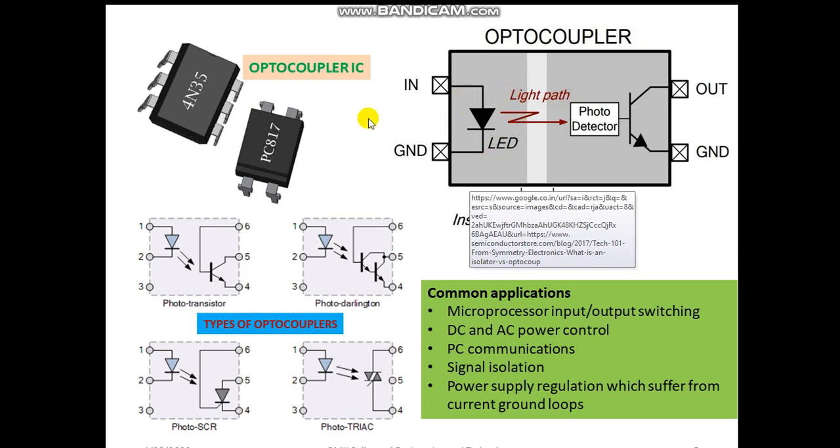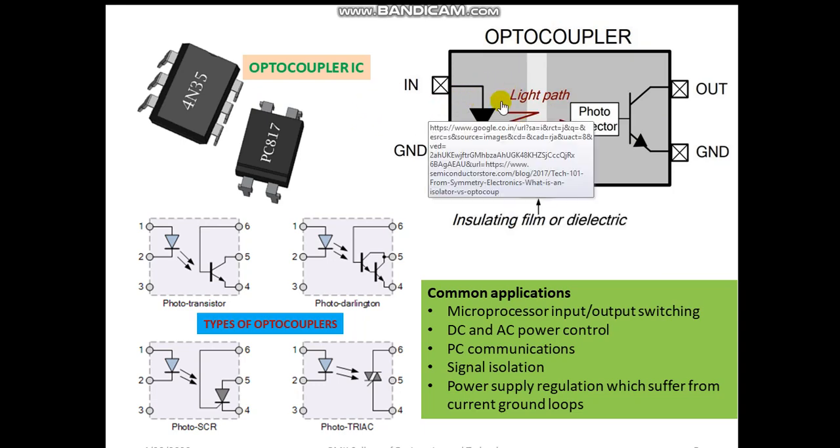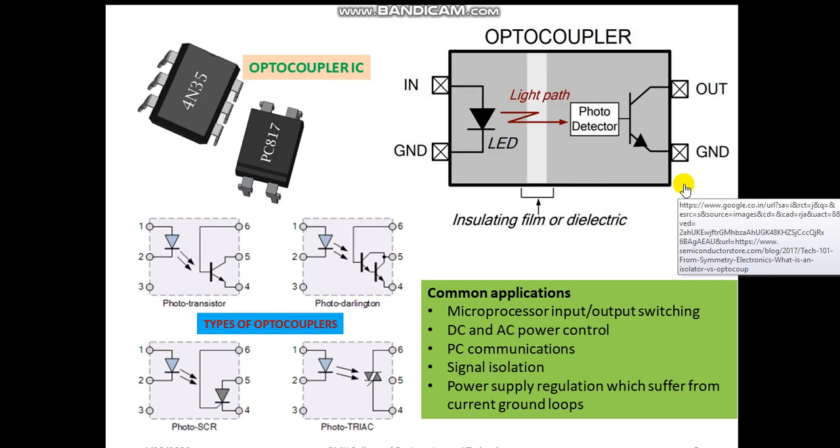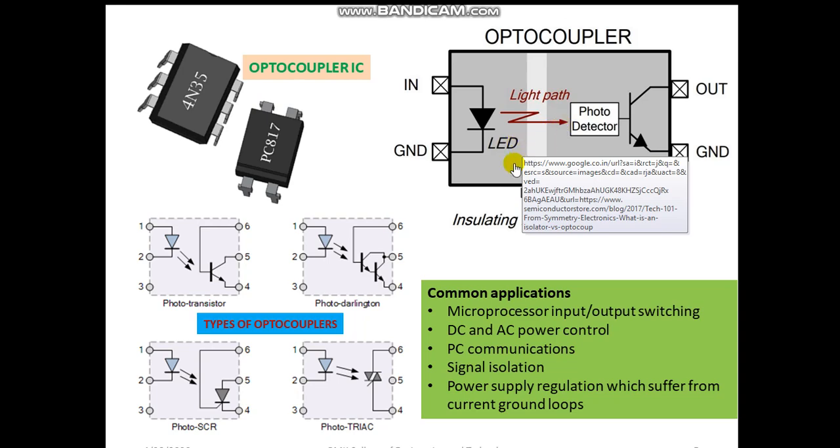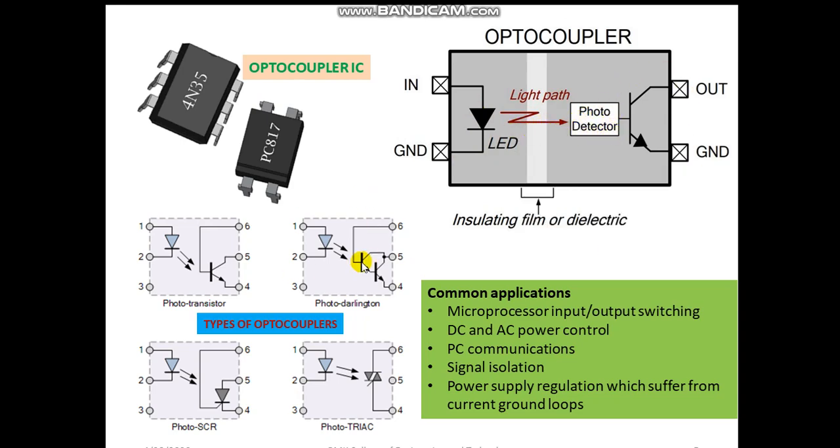The LED converts incoming electrical energy into light energy. The photodetector receives the light energy from the LED and detects the information from the light energy, converting it into electrical energy. So the information will be in the form of electrical energy, whatever is given at the input of the LED. So the input of the optocoupler as well as the output of the optocoupler will be the same. In between we have the energy conversions. The LED converts electrical energy to light, the photodetector converts the light signal into electrical signals.